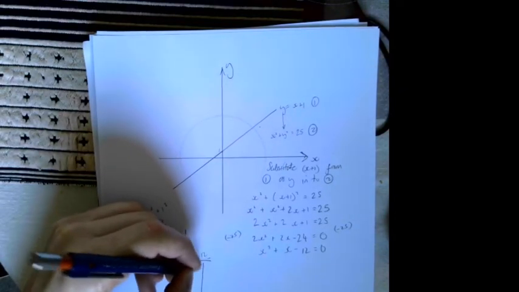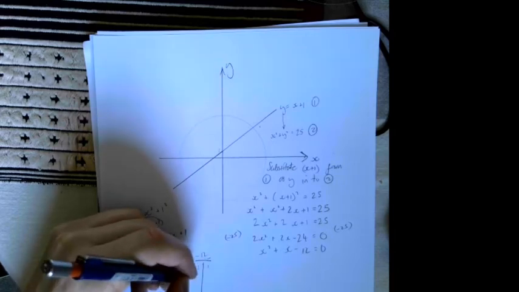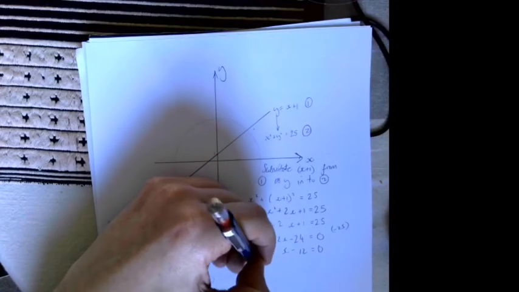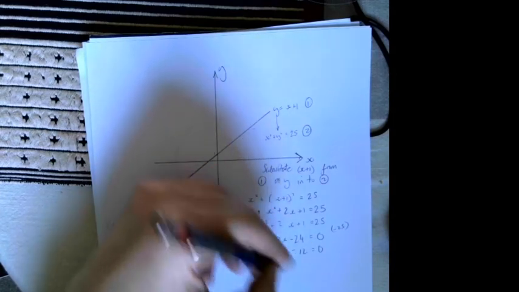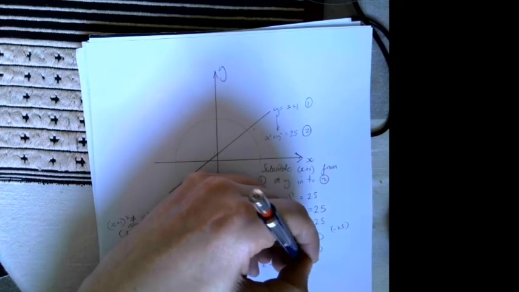Well, negative 12 and 1 wouldn't work, that would add to give me minus 11. But what about 4 and negative 3? Those are going to multiply as factor pairs to make negative 12, but they're also going to add to give me positive 1. So that's exactly what I want. So I can say that this expression here is the same as x plus 4 multiplied by x minus 3